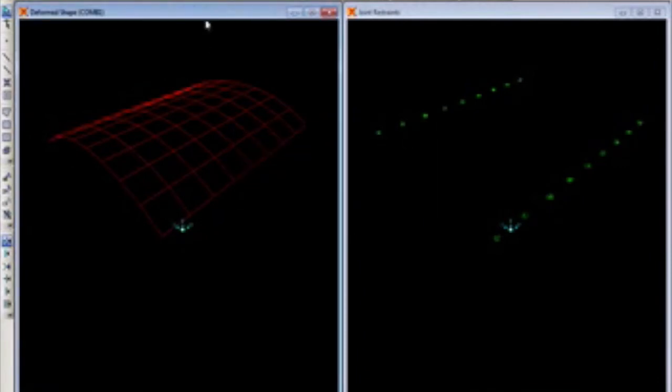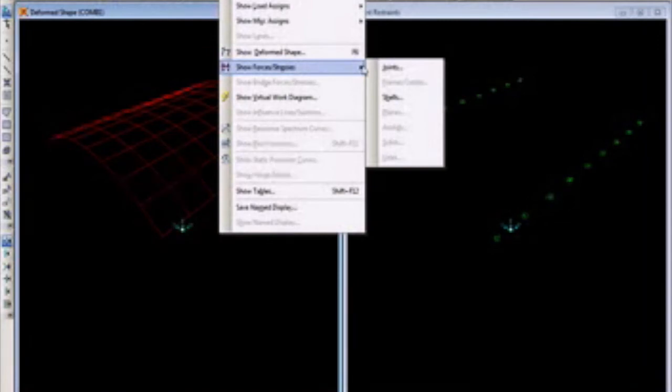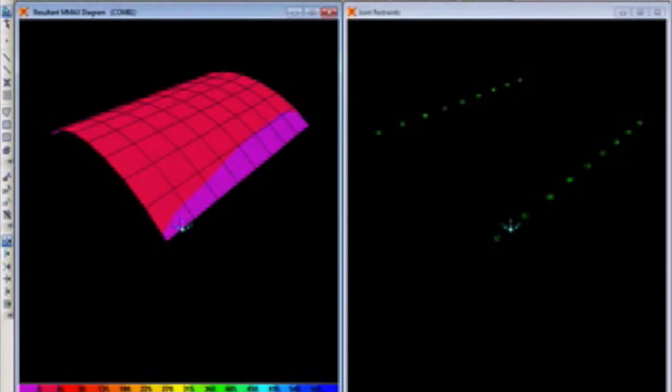And now I'll show one more thing for you. Show Forces, Shells. You can go for maximum moments, just say okay. Now you can see the severity of the moments with respect to the planes. So a lot of them are less severe. As the degrees increase, there is not much yellow shade over here, so that says the structure is okay.